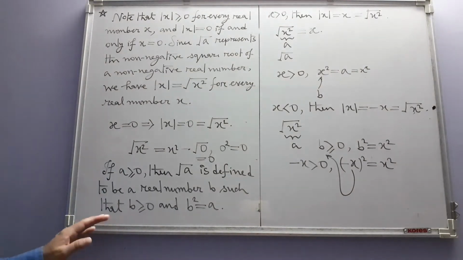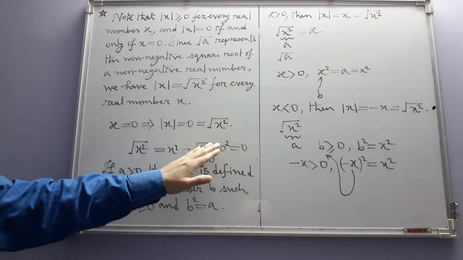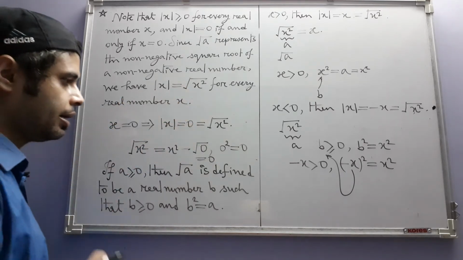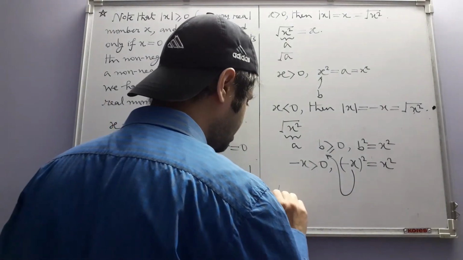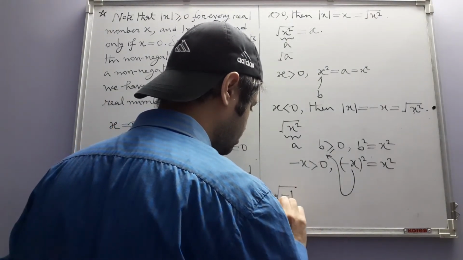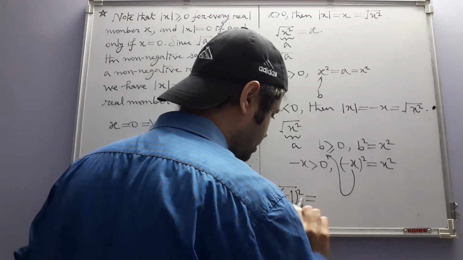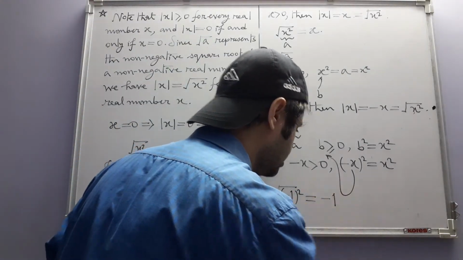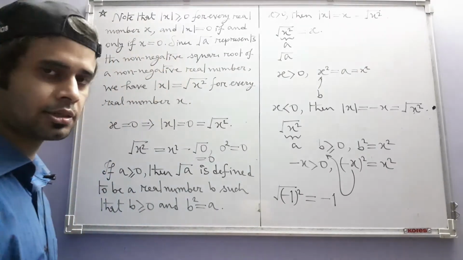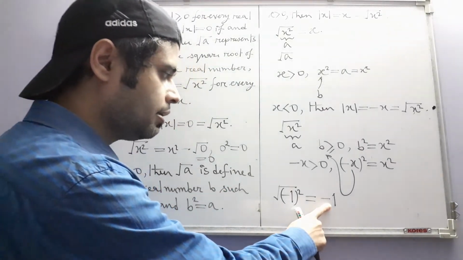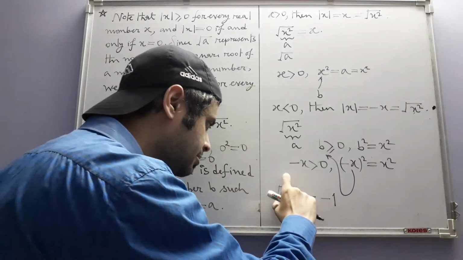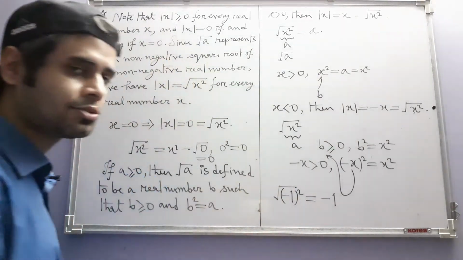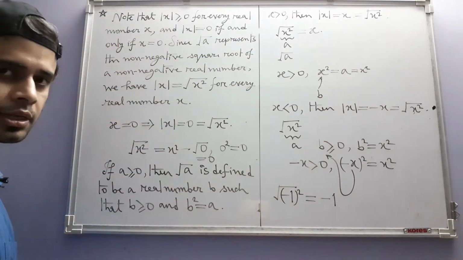Again they are equal. So whether x is positive, negative or 0, this is always equal to this. And that's why people make a mistake when they just simply carelessly cancel square and square root and write this. This is a wrong calculation. This calculation gives you a negative number, but by definition this is a non-negative number. This denotes the non-negative square root of the number that is lying inside.